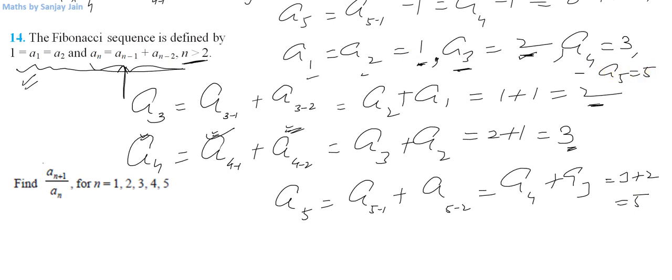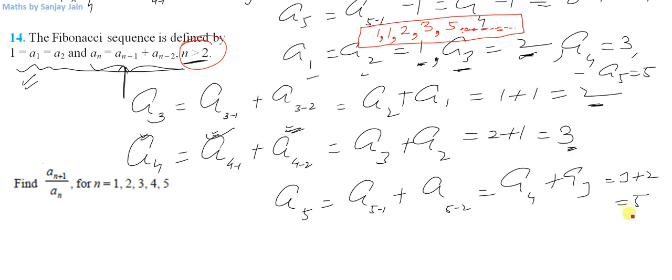And if you want to write it in the form of a series, the corresponding series will be, I am writing it here, 1, 1, 2, 3, then 5 and so on. In any of the questions, you need to take care to write the dots at the end, because this will go on like that. It is defined for any n greater than 2. So you need to write this dot dot dot to be mathematically correct.